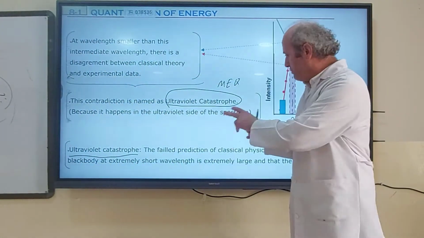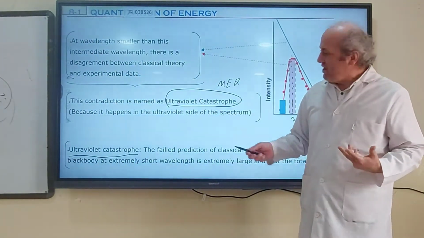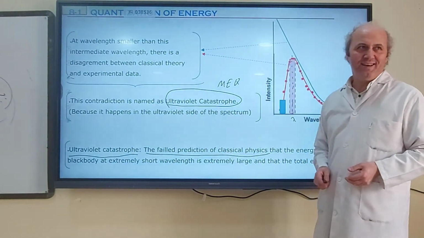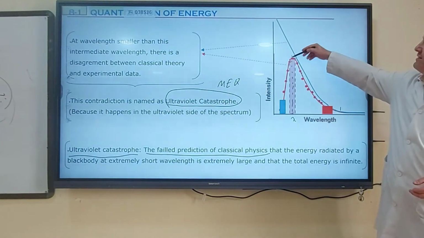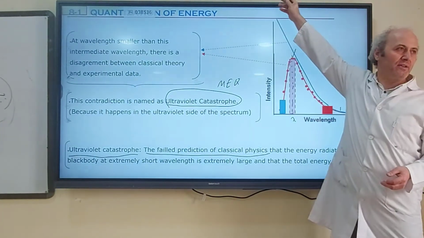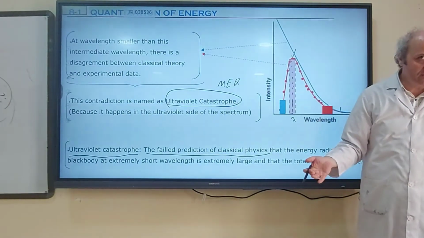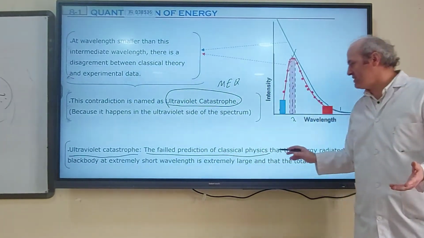Let's go word by word through this definition. The failed prediction of classical physics. Yes, classical physics predicted that radiation must go to infinity. This failed. This prediction has failed. Failed prediction of classical physics